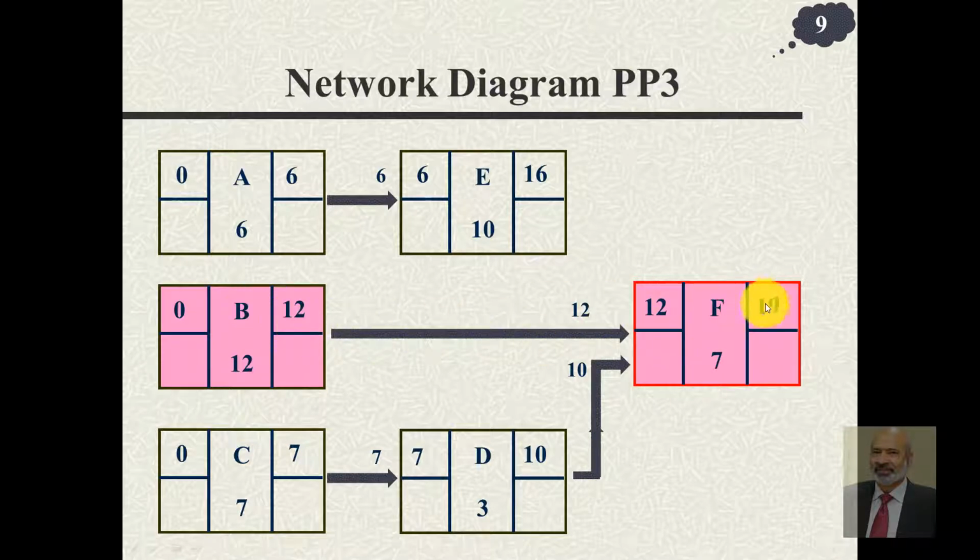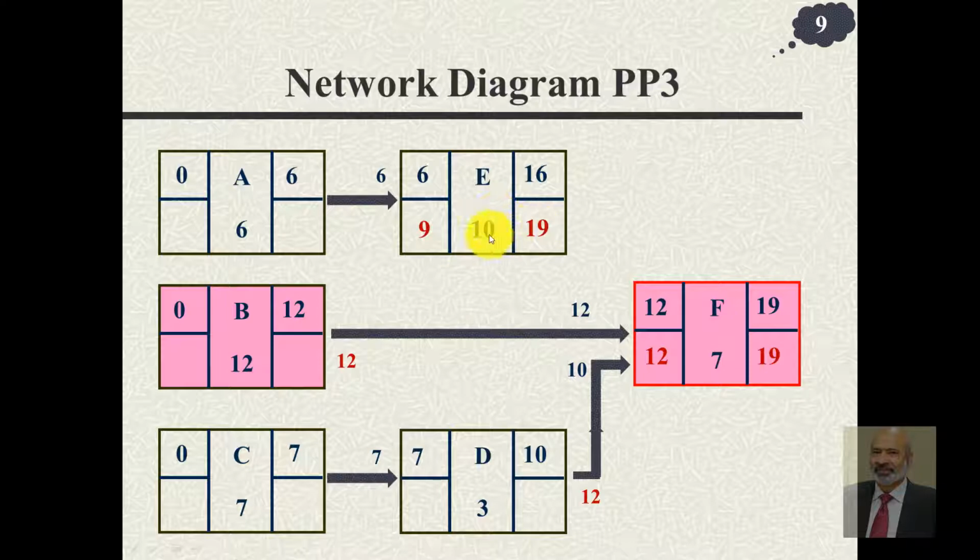This is why it is shown in a slightly different color, the baby pink color. This is the completion time, so we put this earliest finish time as the latest finish time, equate these, and then we do the backward pass. 19 minus 7 is 12 here. This 12 appears here as well as here. Also 19 appears here because this activity could be delayed up till the end. So 19 becomes the latest finish time of activity E also.